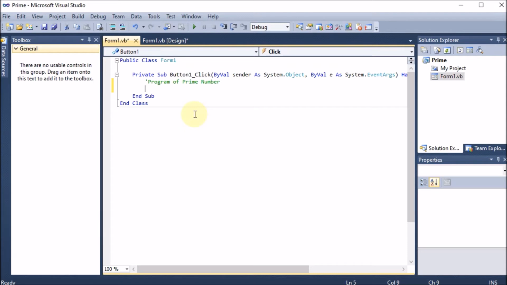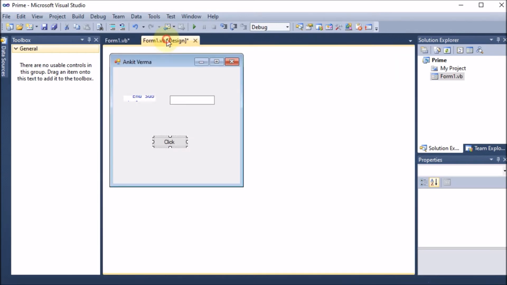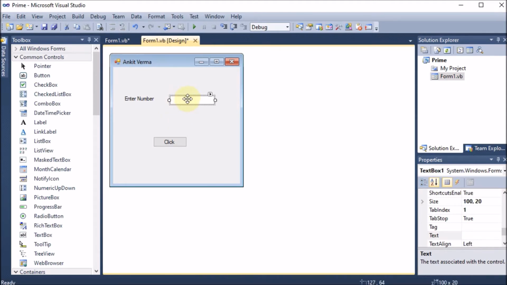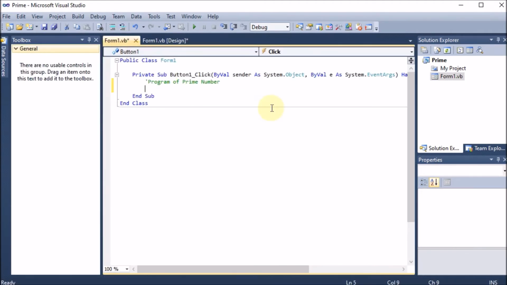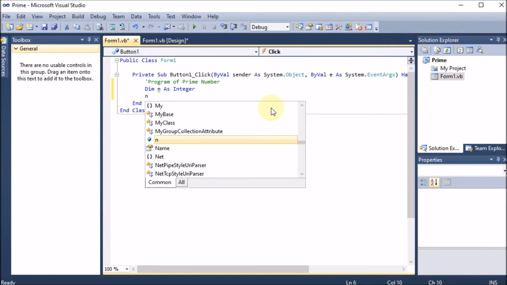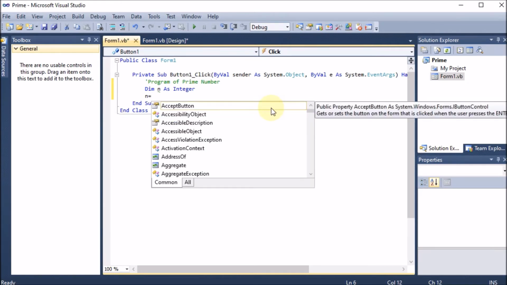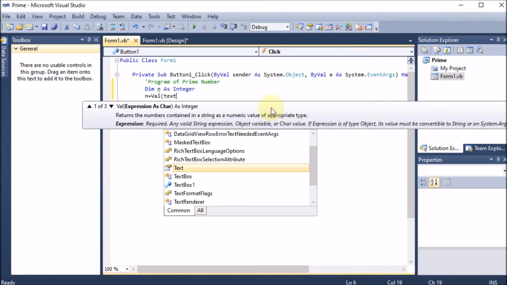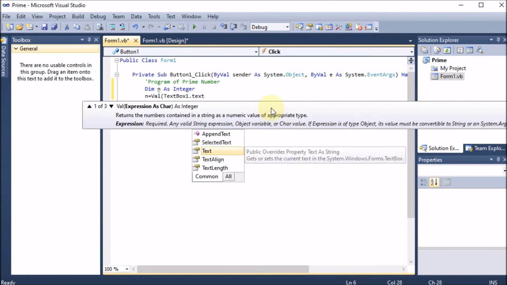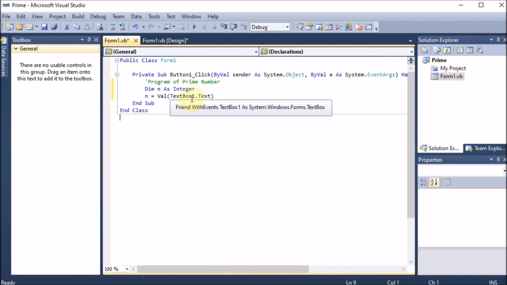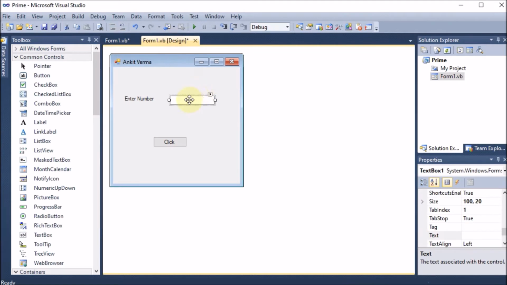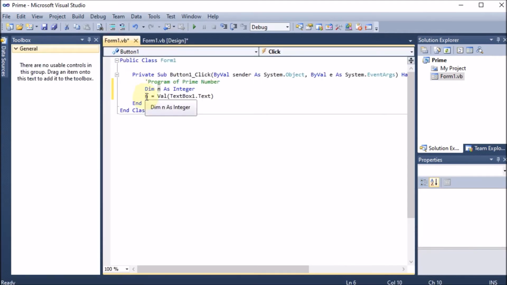So first of all we should take the number from the user. Now you know that there is a text box 1, from where the user will enter the number and we have to take it. So first of all we are declaring dim n as integer. So this is the number we are taking. Now this number we are taking from the user. n is equal to value of text box 1 dot text. Means whatever in the text box 1 we are writing, that text is taken, converted to value and stored to n. So if the user is entering 7 here, now 7 is going to the n now.